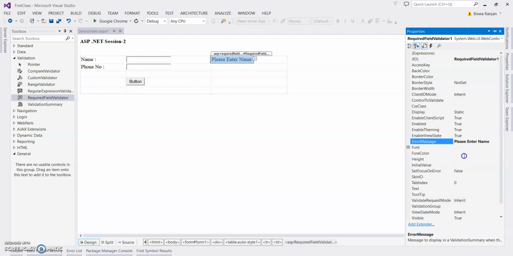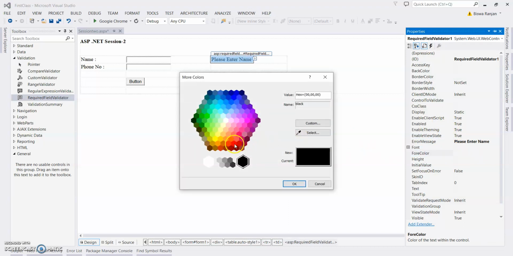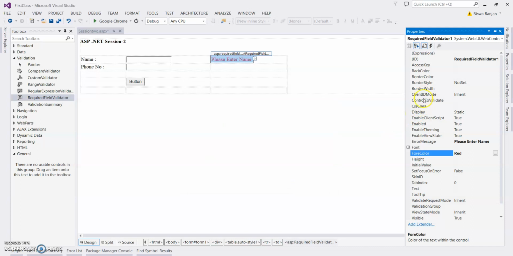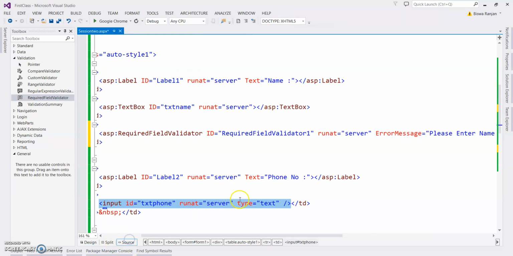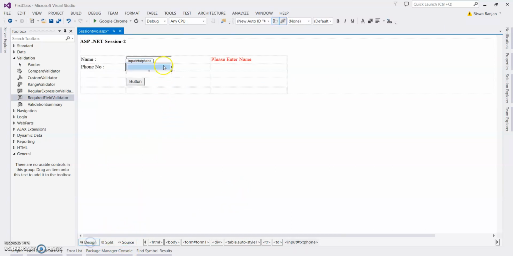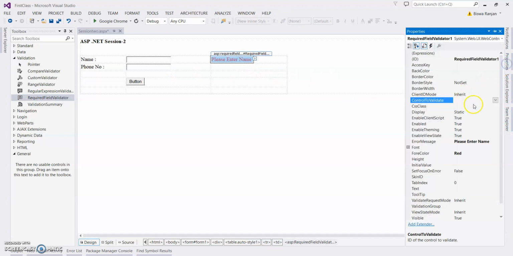You can change the color, say error color, red I am giving. Control to validate: which control am I validating? Both controls are coming, this ASP text box and this HTML text box, but as I made it run at server, both are coming here. So I select this one. Go to properties, control to validate txtName.